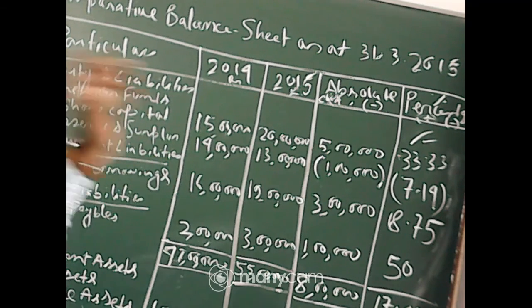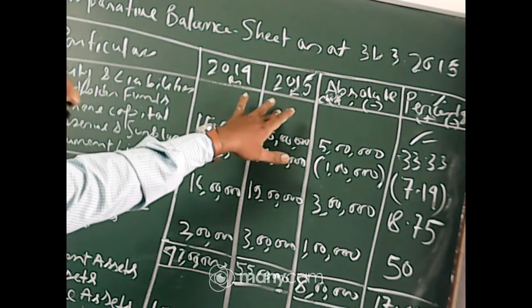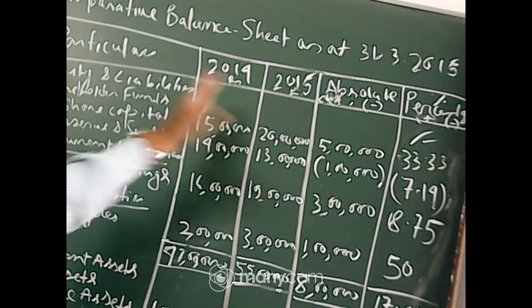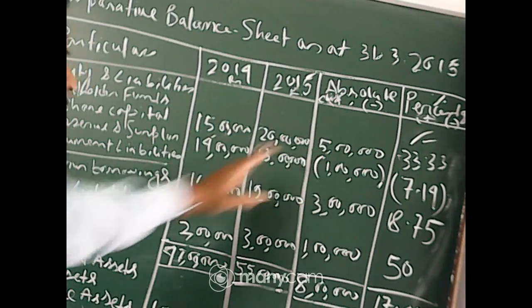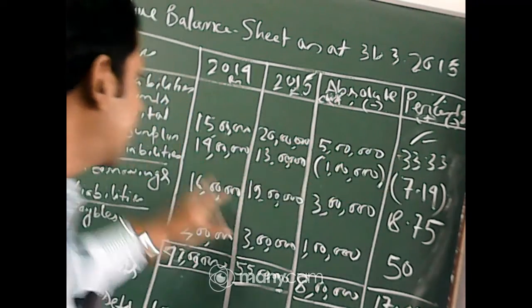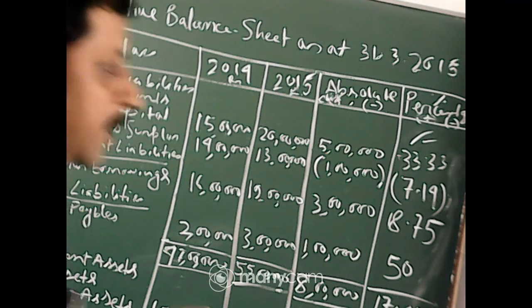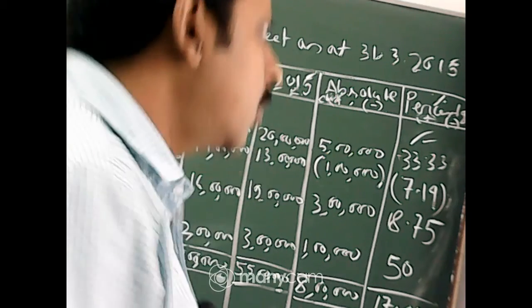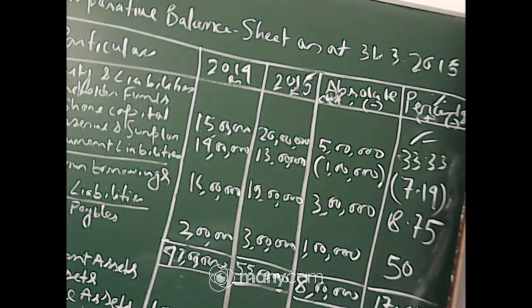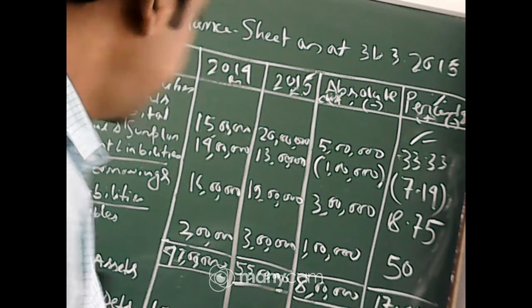But one thing you should mind: the last year figure you should write first, then you should write the next current year figure, and then you should compare. First you should compare the absolute change, then according to percentage. Each and every item you have to do that. Maybe the items will be more. Nothing is very complicated in here. One or two maths will be complicated, that we will deliver in our next class.